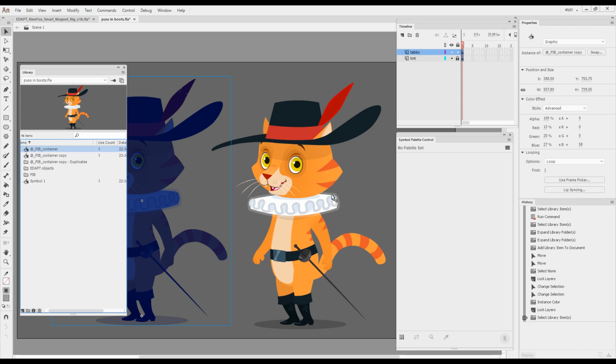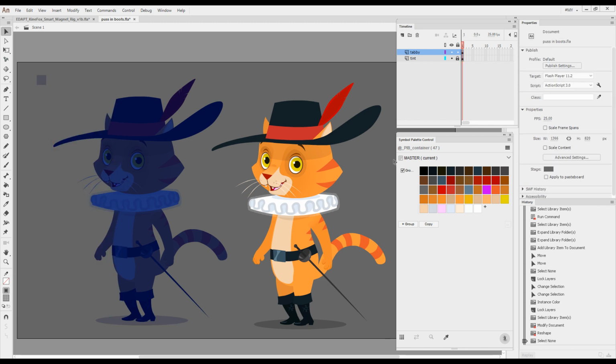So I'll select my original cat and press the generate palette button, and then after that I will not need the library anymore. As you can see, there's 47 colors in this palette. I've used quite many colors when designing the character. Anyway, I'll duplicate the palette, call it night,